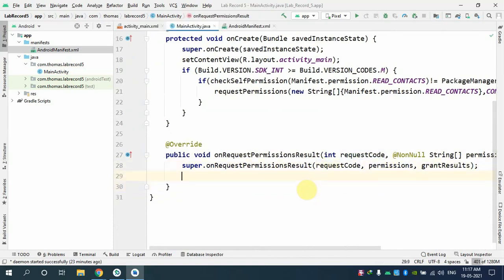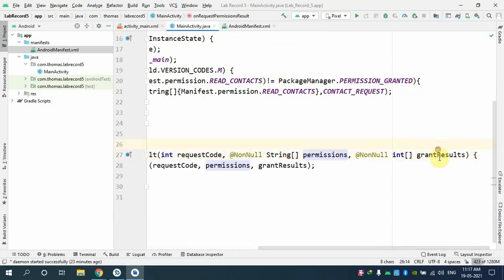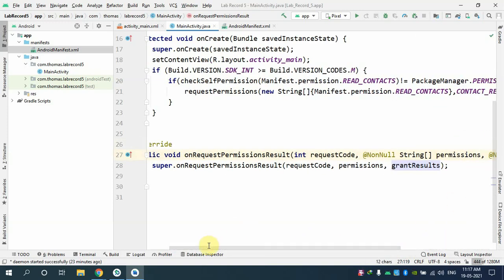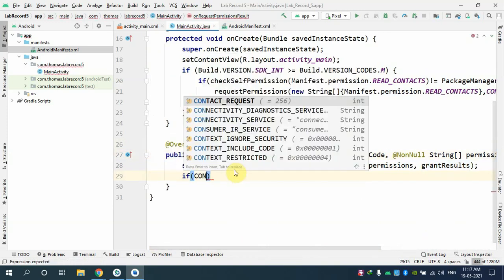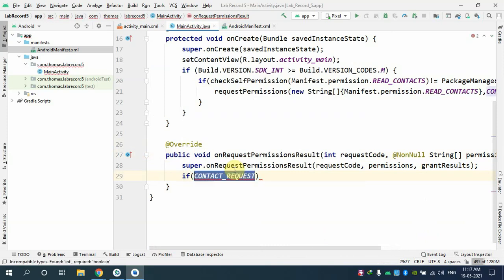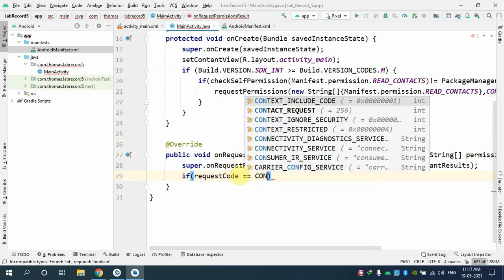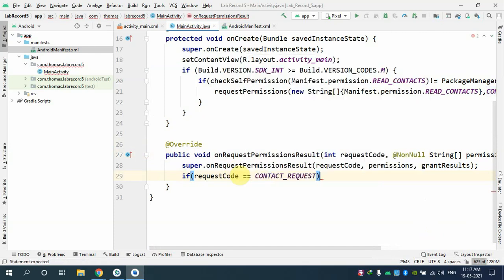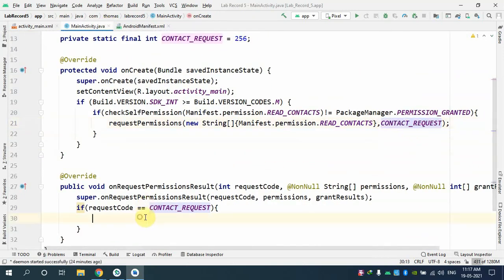Let's move on. So on this particular onRequestPermissionsResult, I'll be getting the request code. I'll be getting what permissions you requested and what is the answer to all those permissions. Everything will be passed to me as arrays. So let me write a simple if condition. If the request code coming to me through this method is equal to CONTACT_REQUEST, I can do it like this. So whatever contact request I gave, if it is the same thing coming back to me, then